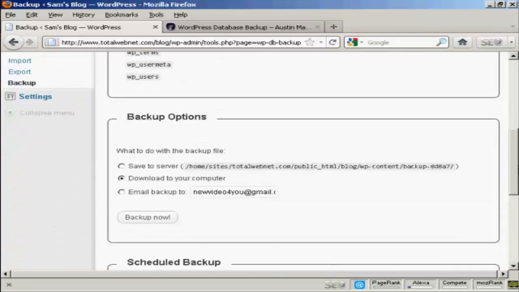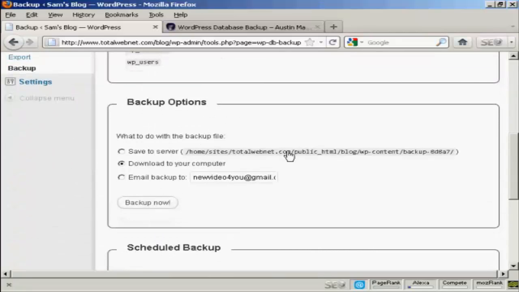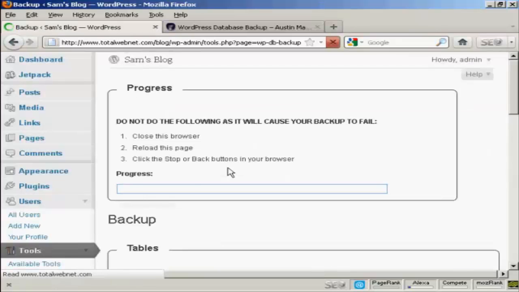And then you have the backup options. You can download it onto your server, download it onto your computer, or email the backup either to the email address that you've already got configured as part of your WordPress blog, or to any other address that you want, really. And once you've selected the option you want, click on Backup Now. In this particular case, I'm going to download it to my computer,